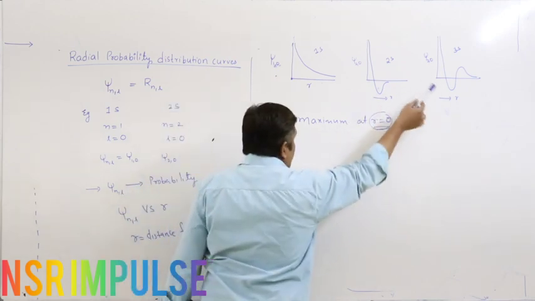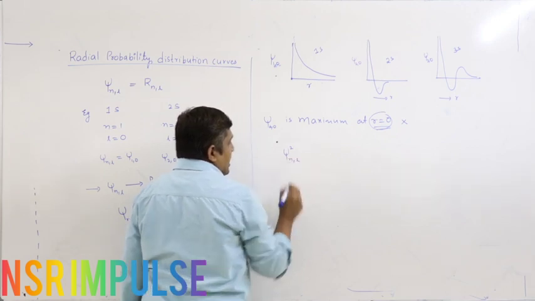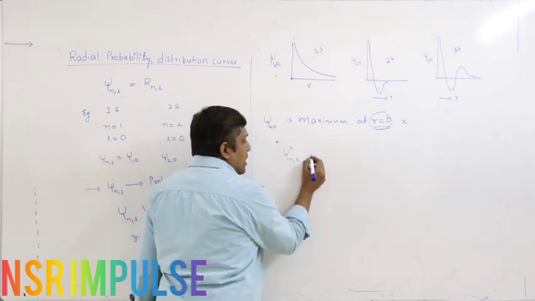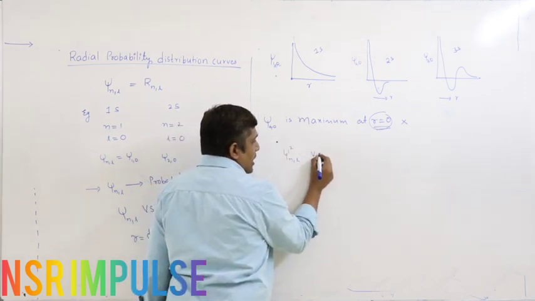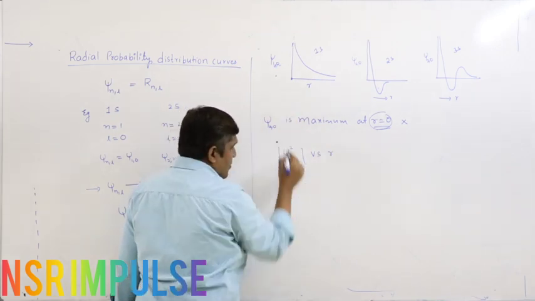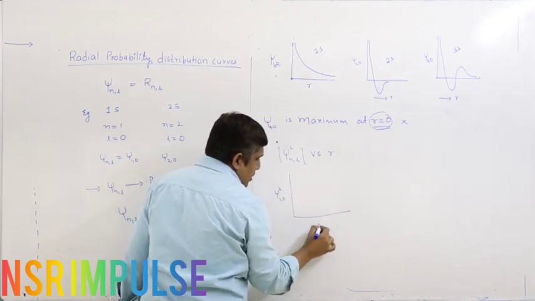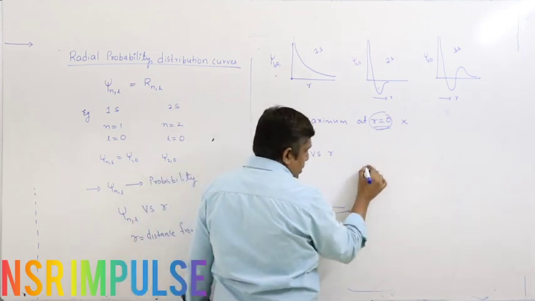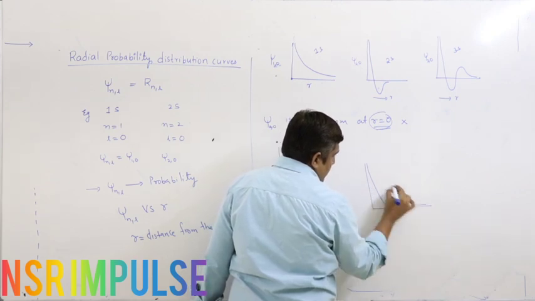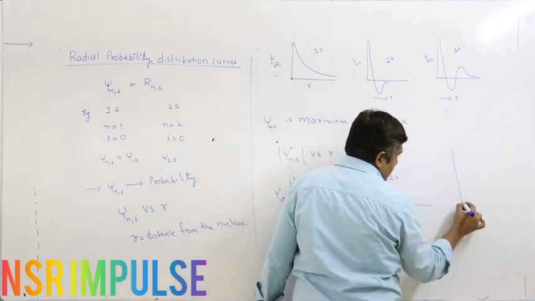To eliminate this negative value, what they propose is, instead of taking psi value, to plot a graph by taking psi square value. So next they assume that psi square n comma l gives the probability, hence they plotted a graph between psi square n comma l versus r. The first graph is similar for 1s orbital. For 2s, this is the graph. For 3s,